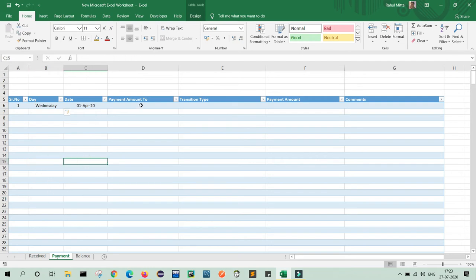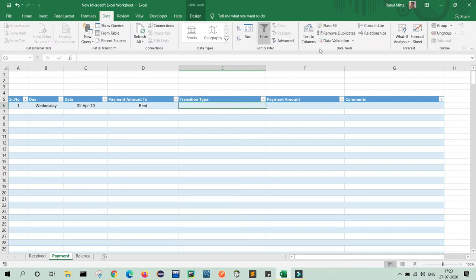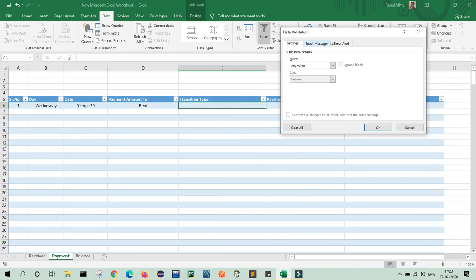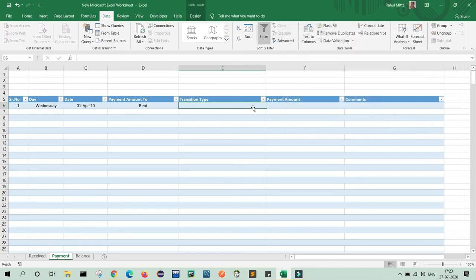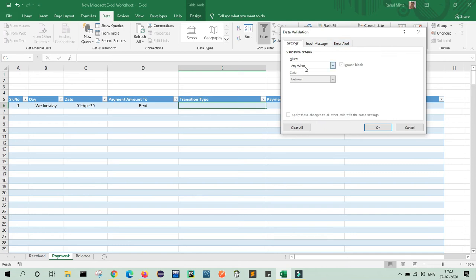Nice. So here I will do some payment detail, like payment to rent. So my rent, here we will provide some transactions list. So similarly we will use like the previous one. Okay, it's not there. So yes, we will provide data validation here by using list.